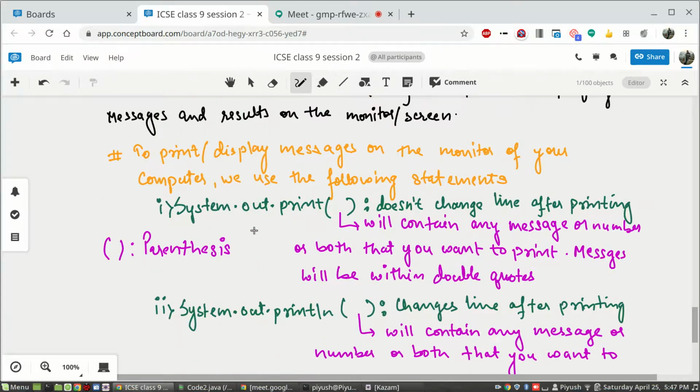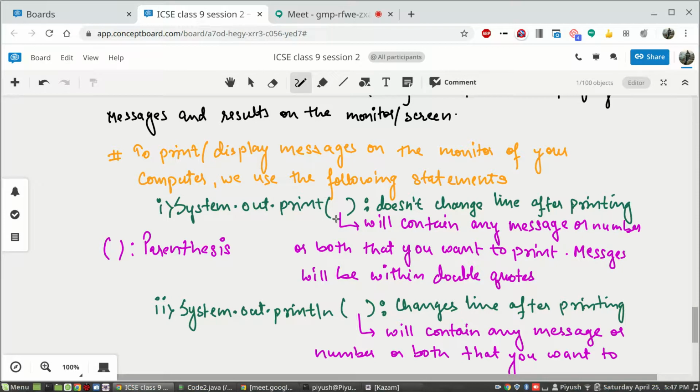So we are going to start with the first version of how to display your own messages that you want through a program. You can instruct your computer to display that particular message on the screen. For that, you are going to write the statement system.out.print. And like I must have mentioned, Java is case sensitive, so you should be very careful. The S of System is in uppercase, that is, it should be a capital letter. The rest will be as it is, system.out.print.